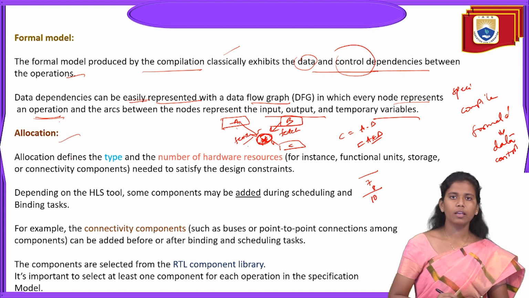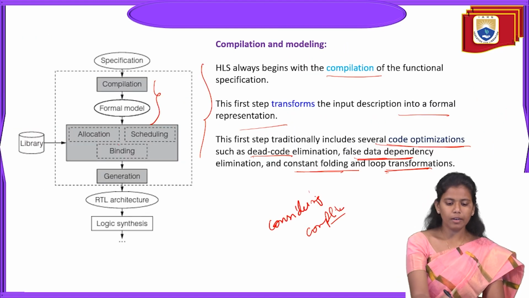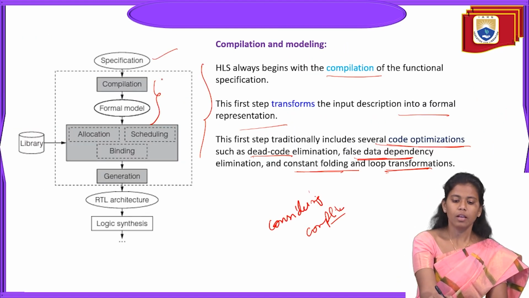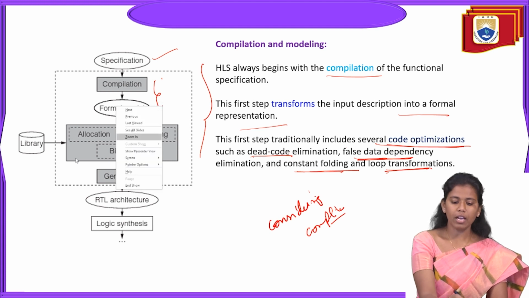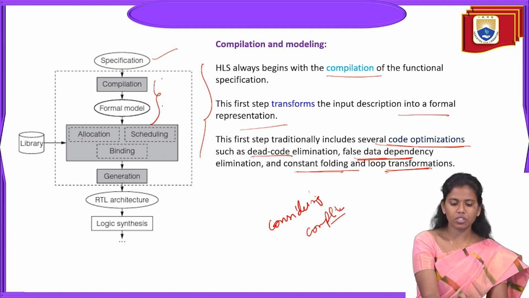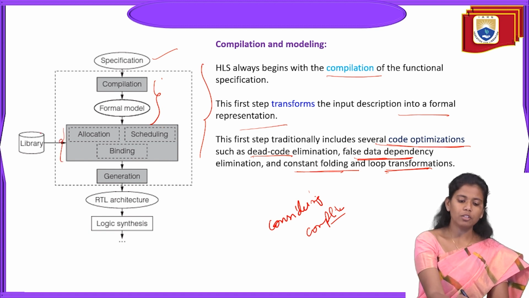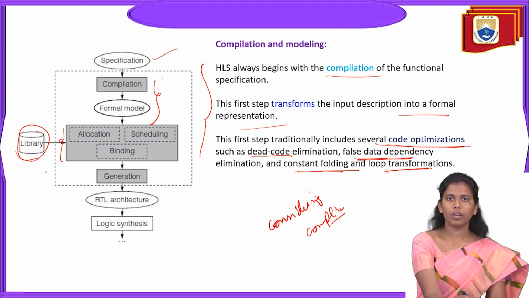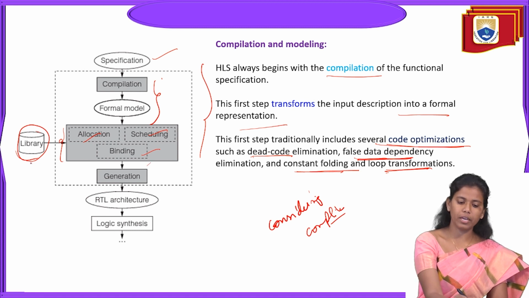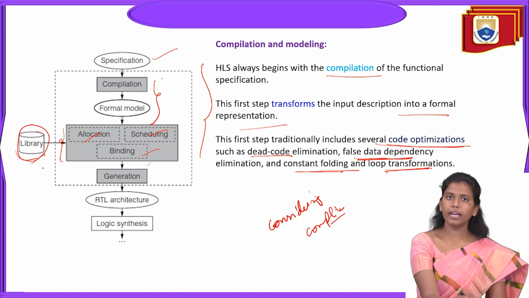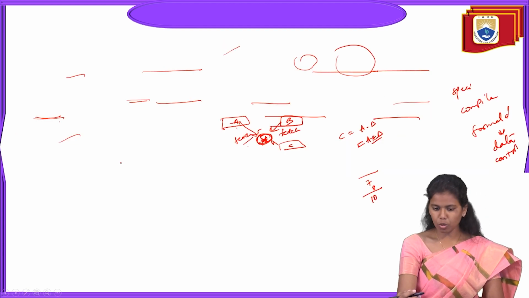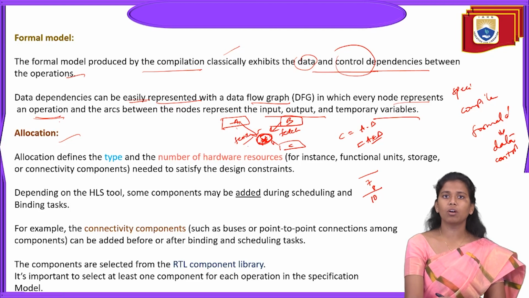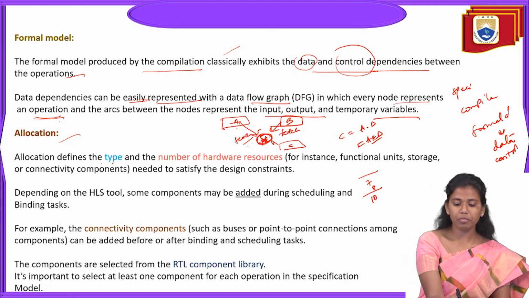And now coming to the allocation. Here you can see the specification and compilation. After formal modeling, we go directly to the allocation. So allocation, scheduling, and binding are together accommodated in a library. In detail, we will be discussing what is meant by allocating, what is meant by scheduling, and what is meant by binding. Coming to the allocation, it defines the type